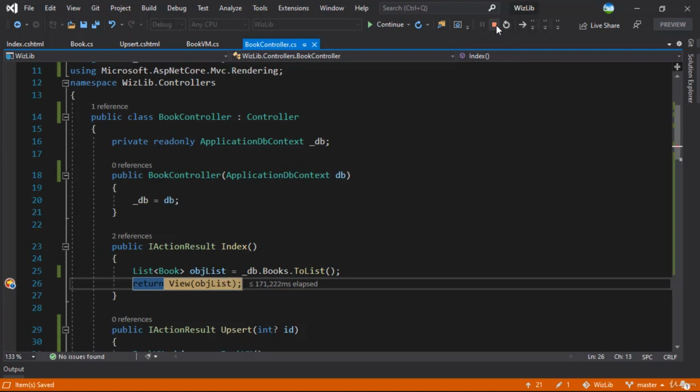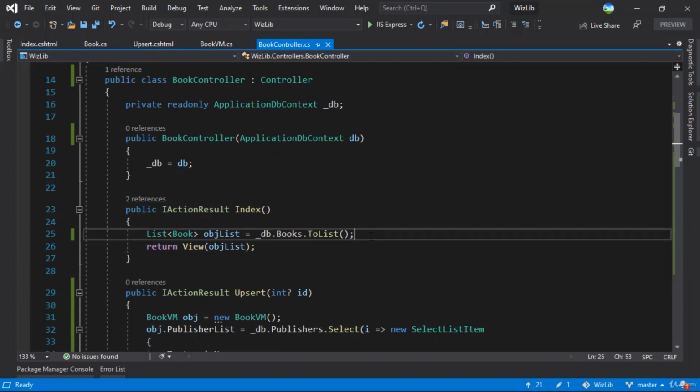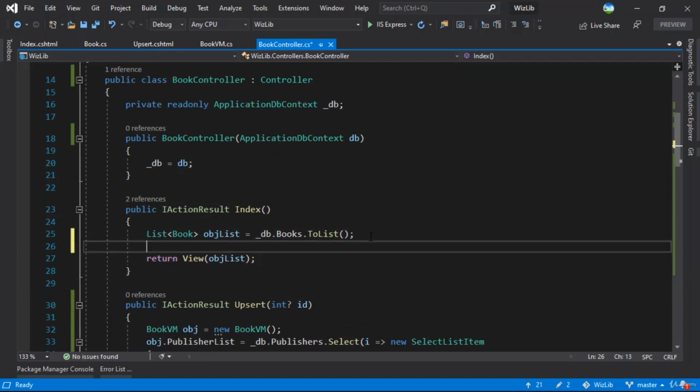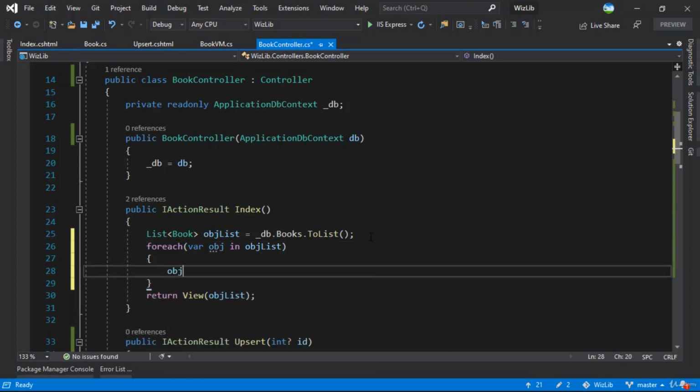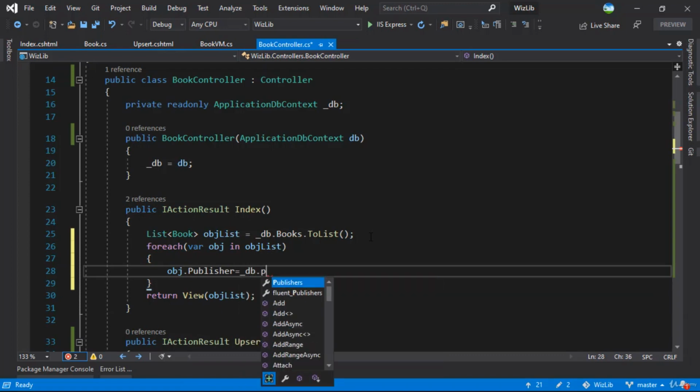Well, there are multiple ways to do that. Let's get started with the one that makes most sense right now. We will iterate through all of the objects in this list and we will load the publisher object. So we will have a foreach statement here. We'll say var obj in objList, and we'll say obj.Publisher is equal to, we will load that from database, so